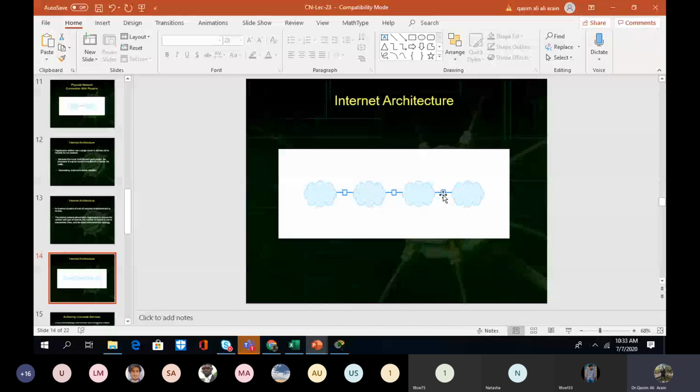So if any one of the paths is going to be disconnected, or if any one of the paths is malfunctioning, if it is not working, then the path for your data would be taken by another router। ठीक है जी, आपका जो डेटा है that would follow another router to reach